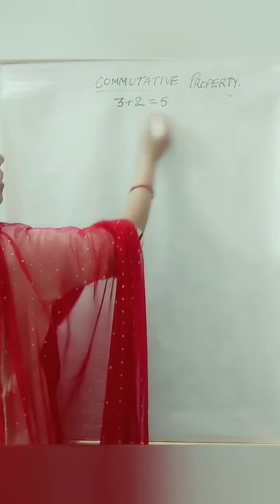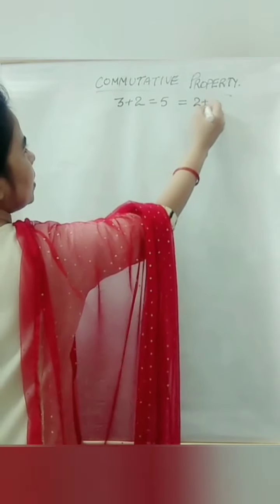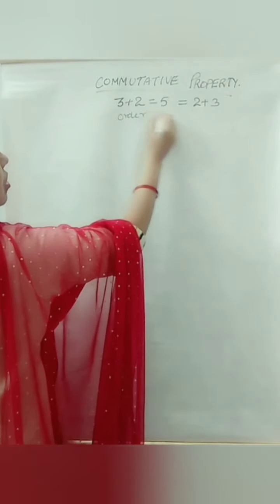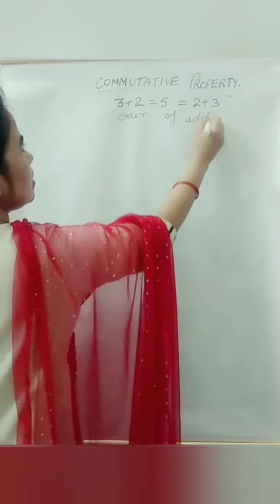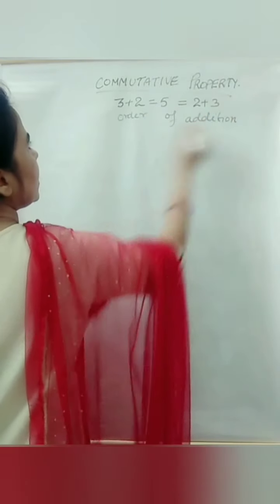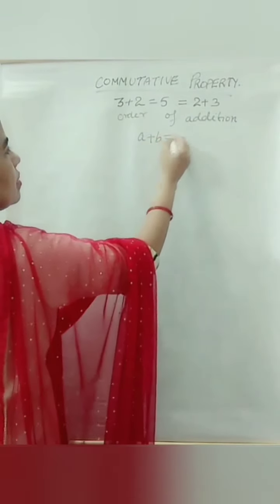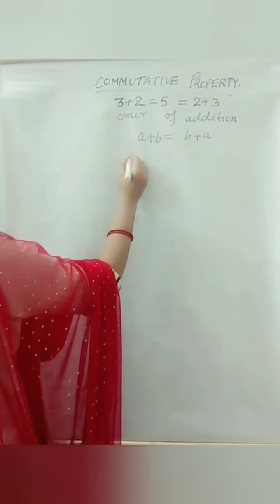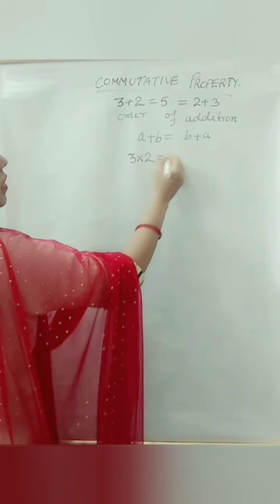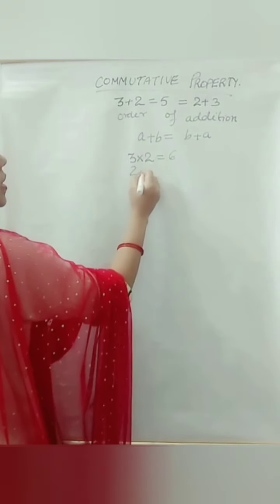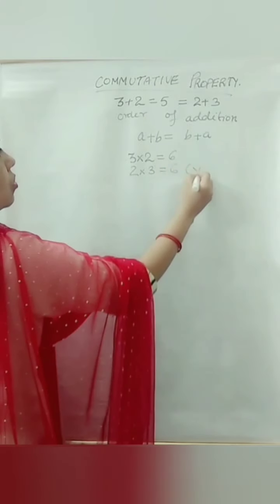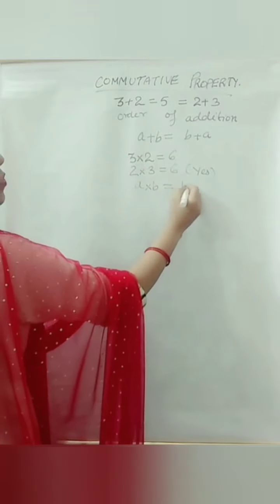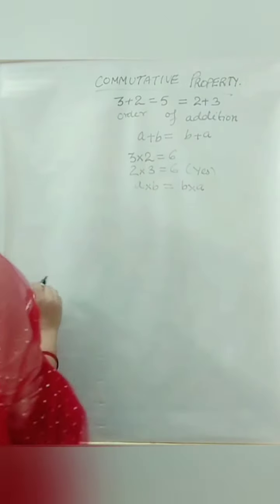Three plus 2 is 5. This is same as 2 plus 3. Okay, this is same as this. Here the order of addition is changed. Like a plus b is always equal to b plus a. For addition it is okay. Now if we are going to multiply 3 into 2, we will get 6. Is it same as 2 into 3? Yes, this is also true. That means a into b is always going to give you b into a. These are the positive integers.